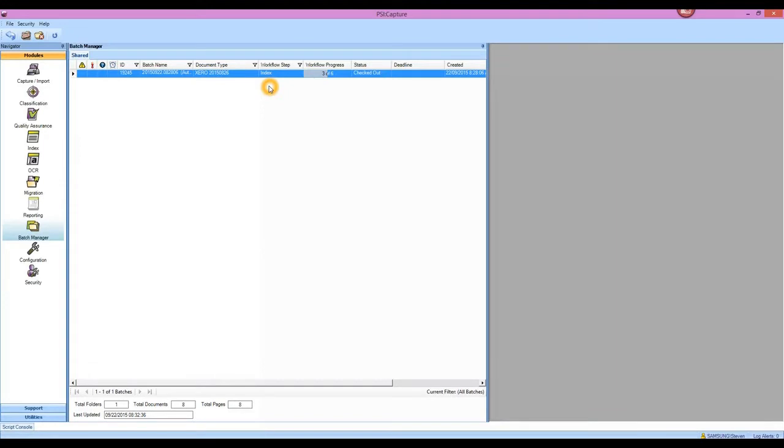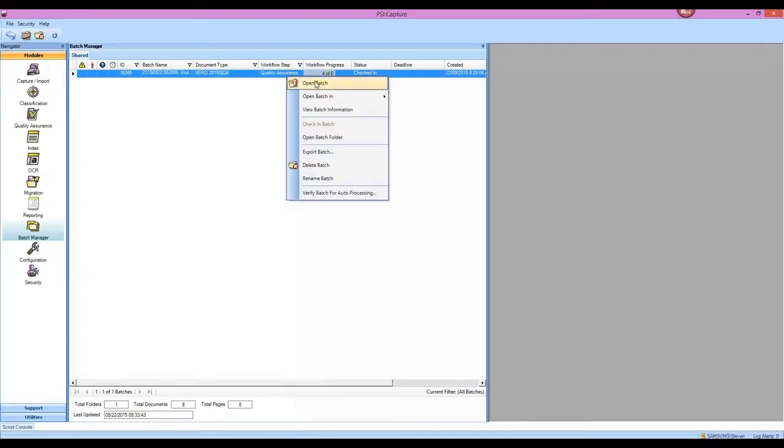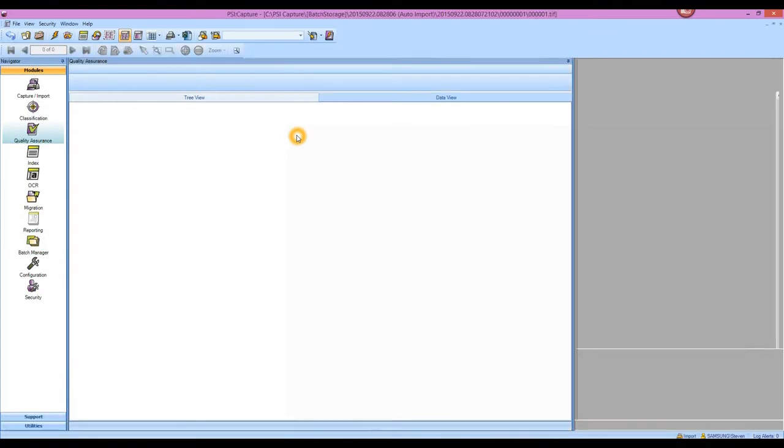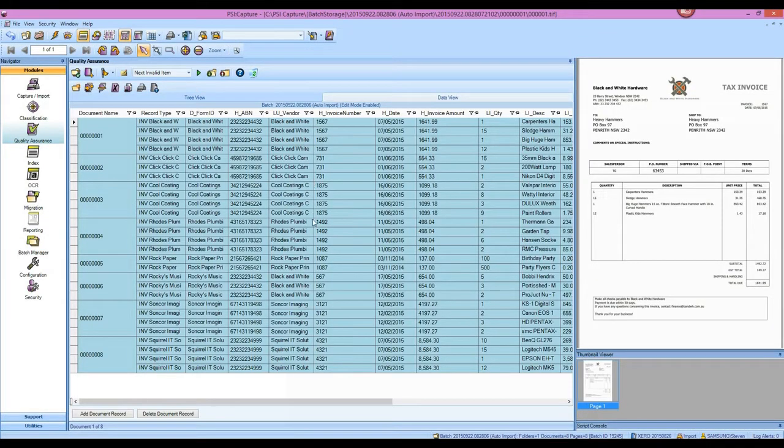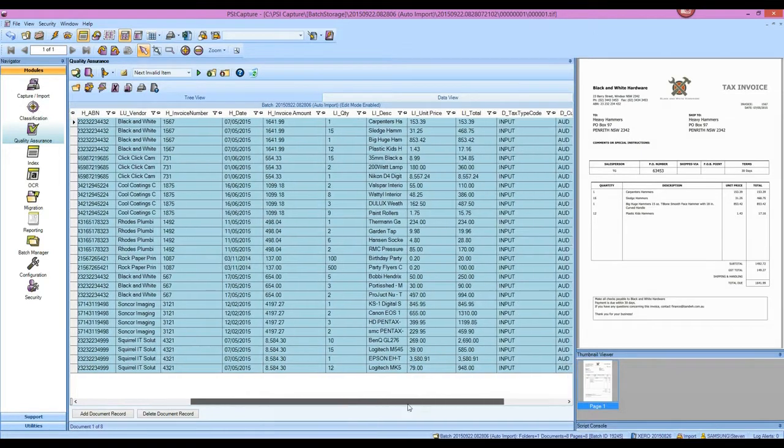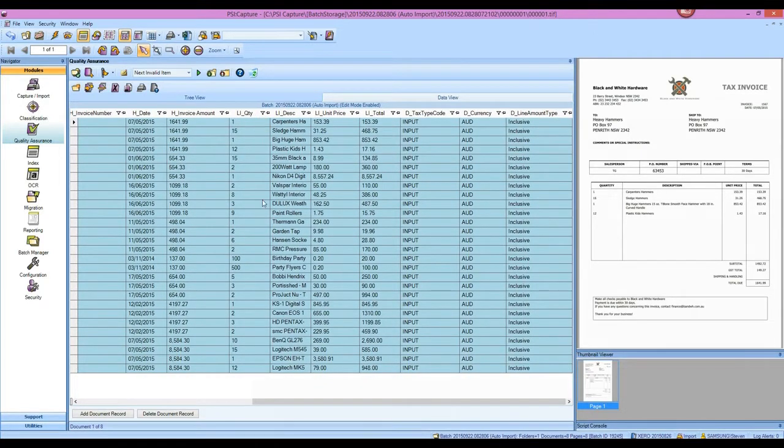In quality assurance, it will give you a view of the data that's automatically been extracted. So let's refresh the batch manager, and you can see that it's now at step 4 of 6, at quality assurance, and it is checked in. So we can now open that batch up and view the data that's automatically been extracted for our documents. You can see that we've extracted the ABN, the vendor name, the invoice number, the date, the invoice amount, the line item quantity, descriptions, unit price and total,